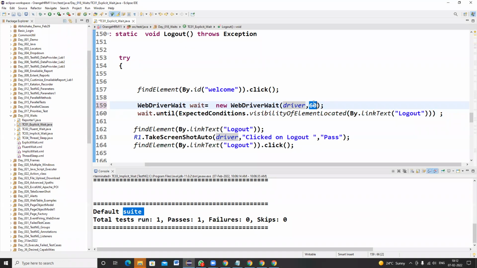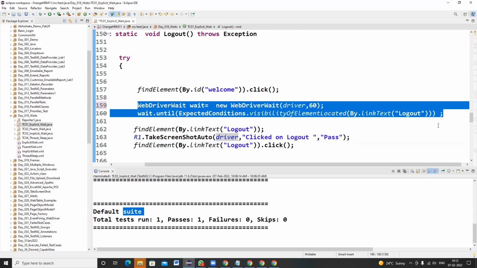In case the web element is loading exceeding 10 seconds, the driver can wait a maximum of up to 60 seconds specific to that web element. Means 11th, 12th, 13, 14, 15, 18, 19, 20. Suppose the web element got loaded in 21 seconds. Immediately, in 22 seconds, it can be handled. So this web element's border will be highlighted in 22 seconds. After that, I'm taking the snapshot, and after that, I'm writing logout.click. So the moment the web element has been displayed, the driver handles it automatically.